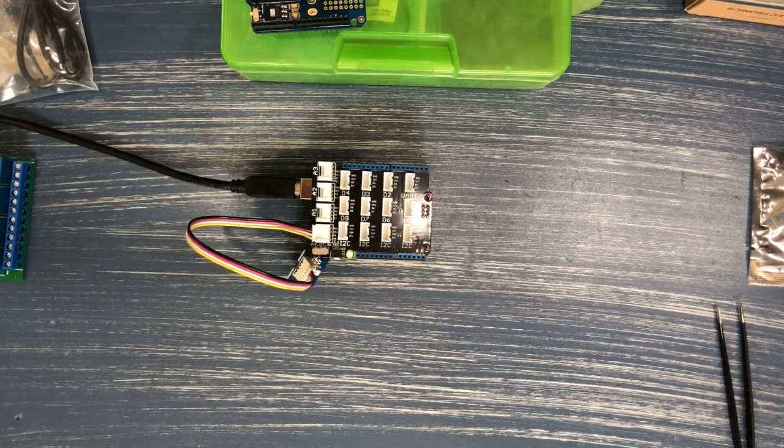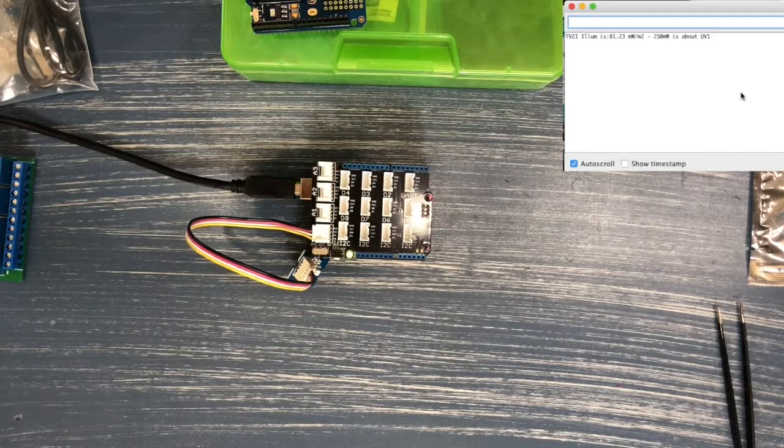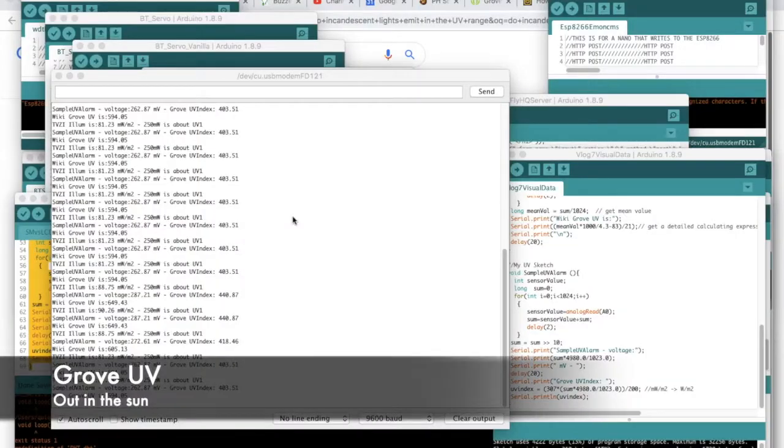cables. Alright, so here is the serial monitor, and as you can see, the same data, 403.51 and 594, and in the second round 403 is now 403 again, and here is the data that I promised for the